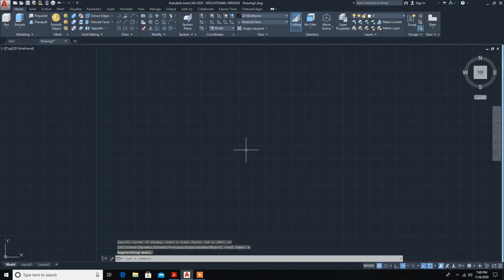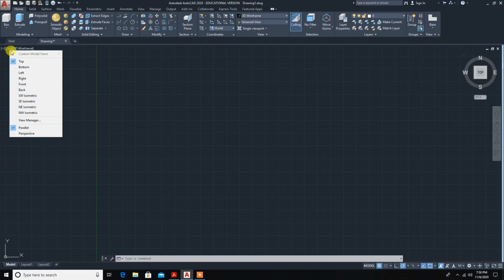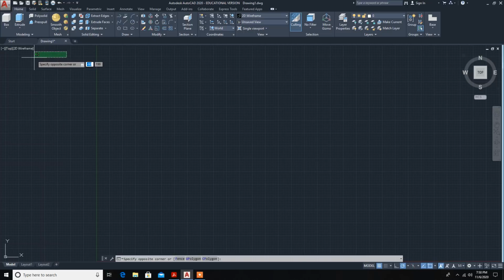Now we have to draw a cube, a 3D cube. So the base shape is seen in which view? Top view. So here default UCS is WCS, which is also in top view, and here you can see different views: top view, bottom view, left side view, all these things. So now in which view is the true shape seen? Top view. So we will select the default top view only.